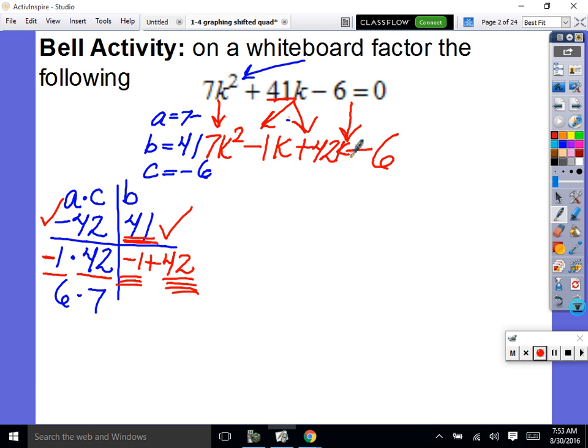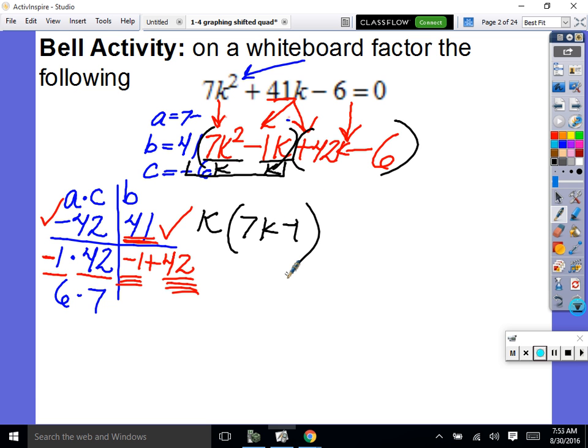Drop and break. Then we say we have 1, 2, 3, 4 terms, and anytime we have 4 terms, we factor by grouping. So we group those 2 terms, we group these 2 terms, including the sign. Now focus on this group. What's the greatest thing in common, guys? Tell me. Just a k. So we're pulling out a k. So then we go back through and see what's left in our parentheses, divide each term by k. So we'll have a 7k minus 1, correct? Now we're going to look at this group, factor out the greatest thing in common. We always factor out that sign with it. So it's